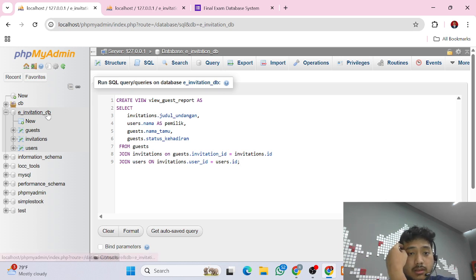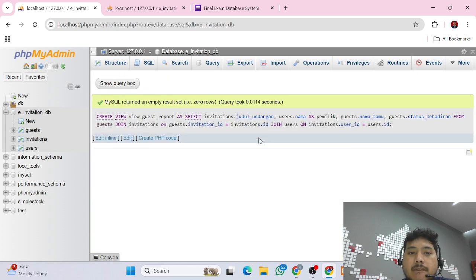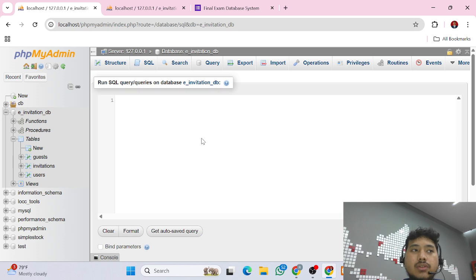let's check. My code is clean. So this SQL combines data from guest, invitation, and user, and it provides a ready-to-use report for the owner. Okay, it's already successful. Now we can try to use the view.